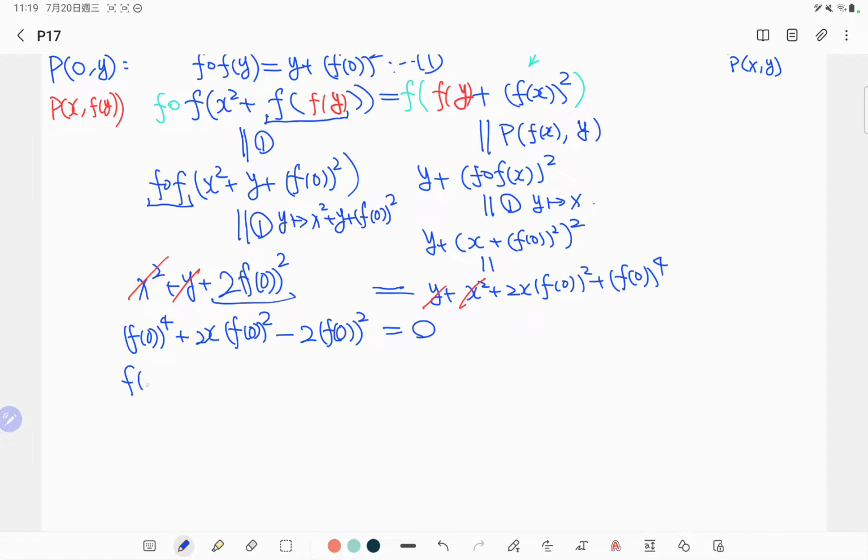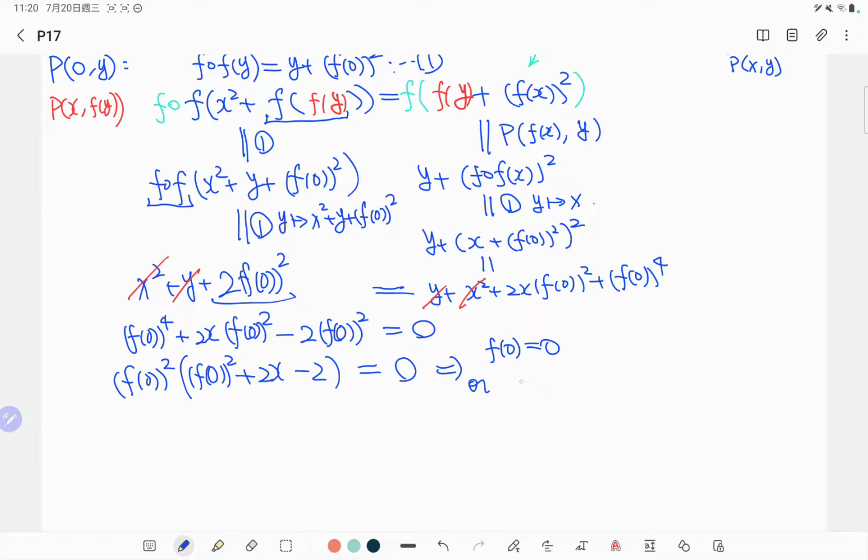Then we can factor out (f(0))², and we have (f(0))²((f(0))² + 2x − 2) = 0. As the two expressions multiply to 0, either (f(0))² is 0, which means f(0) should be 0,